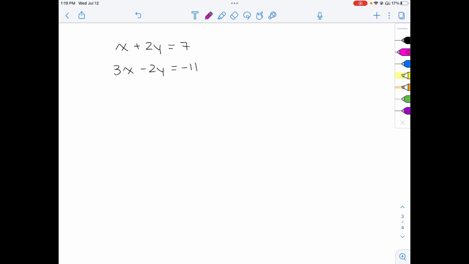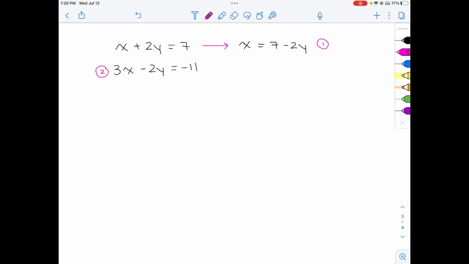And what I'm going to do is take my first equation here and rearrange it, because I can see here I have x plus 2y equals 7. So my x variable already has a coefficient of 1. I just need to bring the 2y term to the other side of the equal sign so that it is isolated for x. So that would just have x left on this side. To bring the y term over to the other side, I'm going to subtract it. So I would have 7 subtract 2y. And I'm going to call this my equation 1, and this is my equation 2.